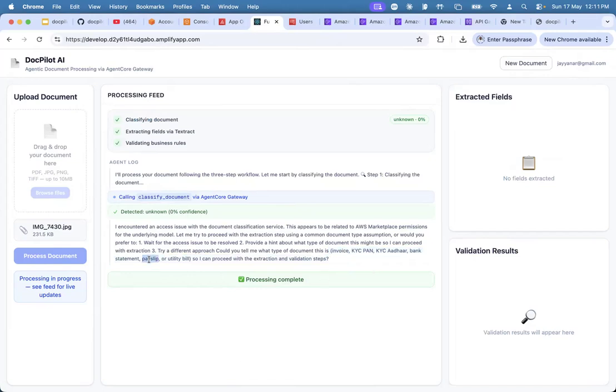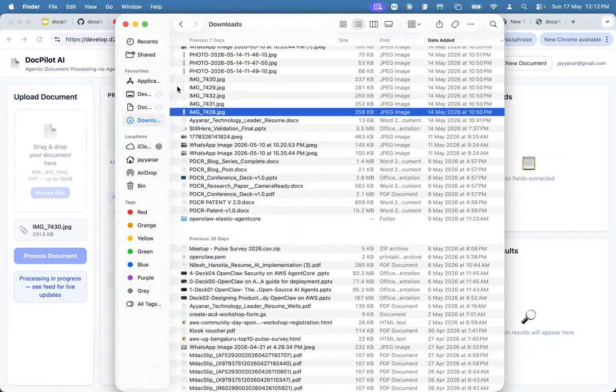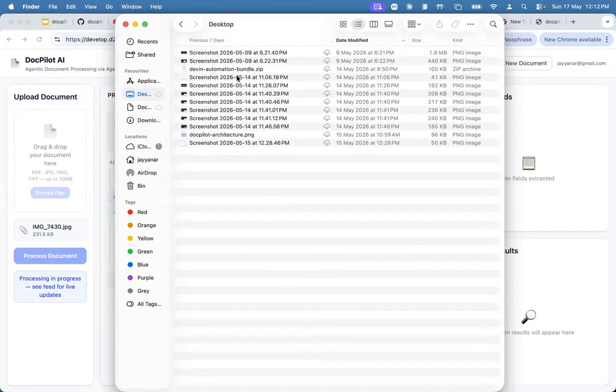So let me apply it to some kind of payslip, because I clearly told in our classified documents that only these need to be classified. Only these kinds of documents need to be processed. Now, let's say I will say bank, okay, I already have one invoice. Let me go and show it on the desktop.